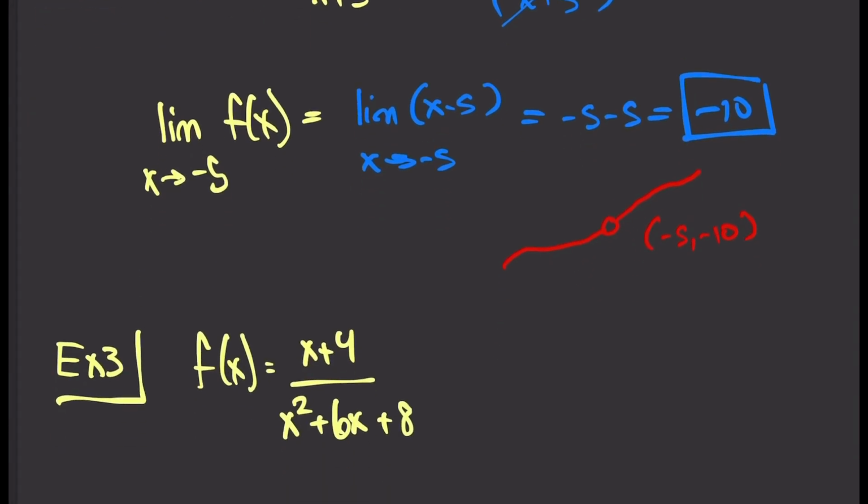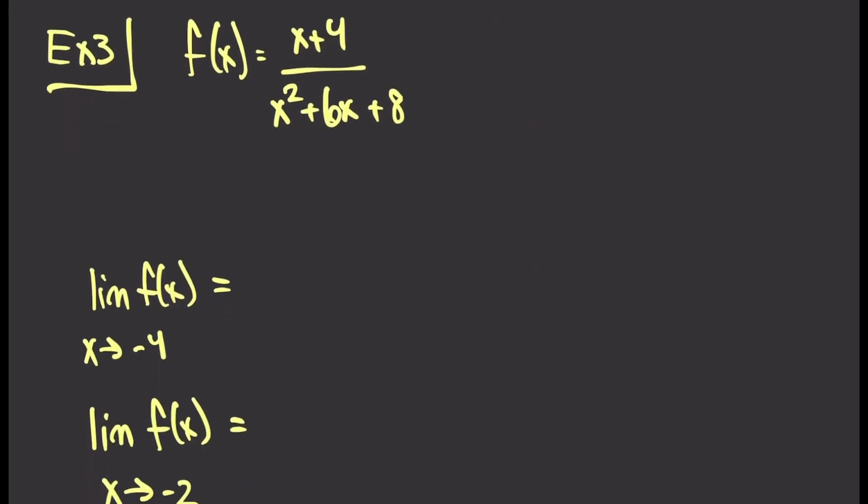Let's try one more like this. All right, so in this particular function, I have x plus 4 over x squared plus 6x plus 8. And I want to find two limits here. I want to find one limit of the function as x approaches negative 4. I want to find another limit of the function as x approaches negative 2. Well,